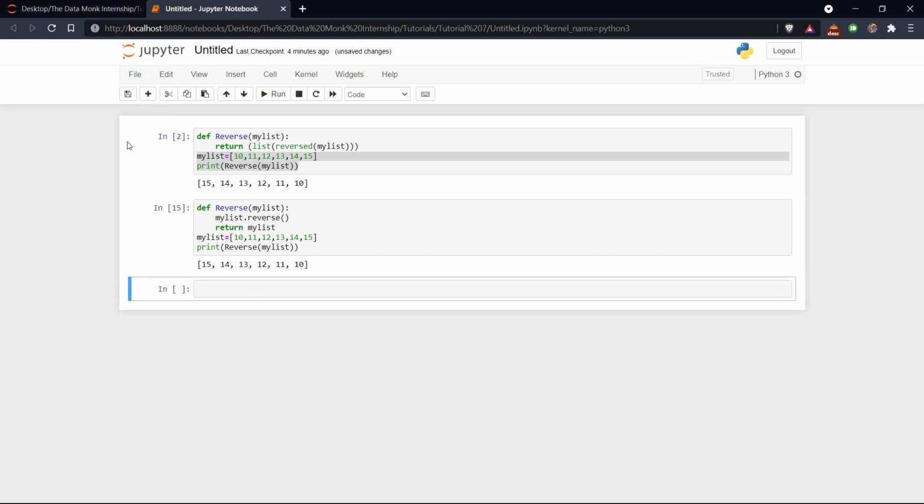Let us take another code box to write our third approach in which we are going to use list slicing. For list slicing, we create a new copy of the existing list. This will use more memory, but we will still have the original list as well as a reverse list. So let's first define the function def reverse list.